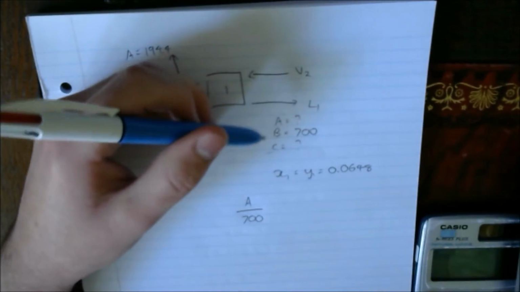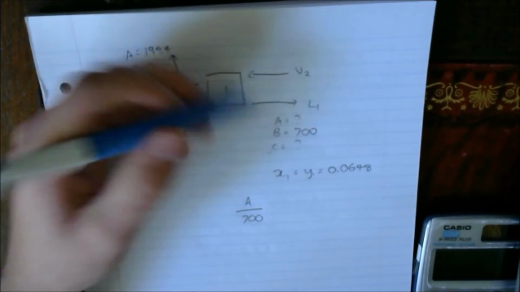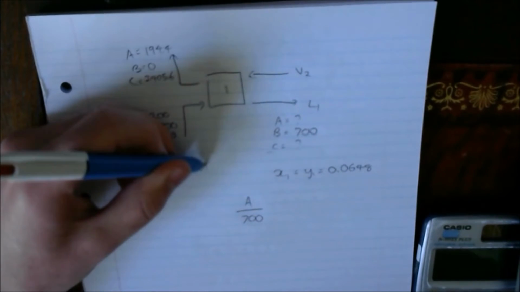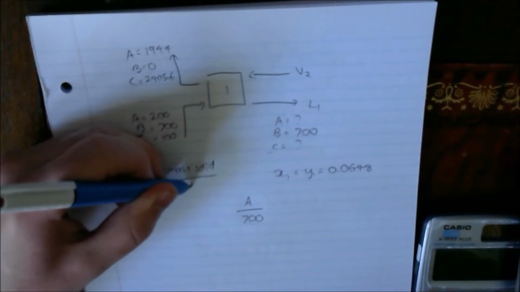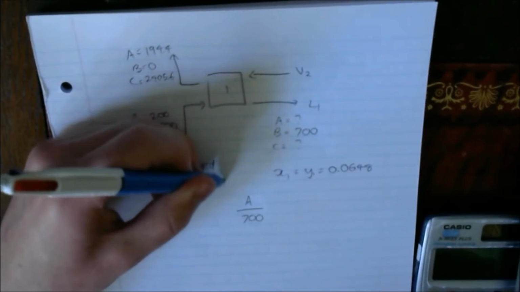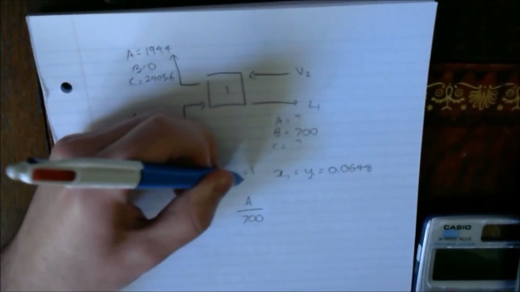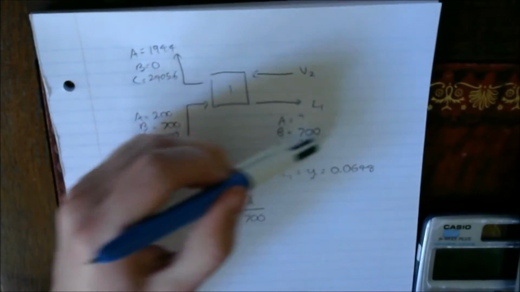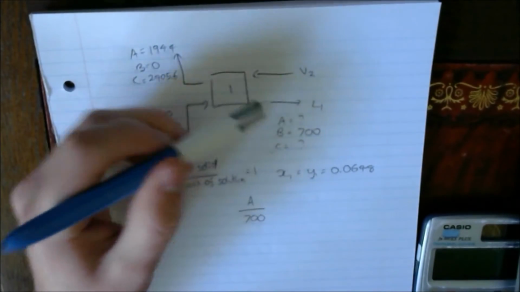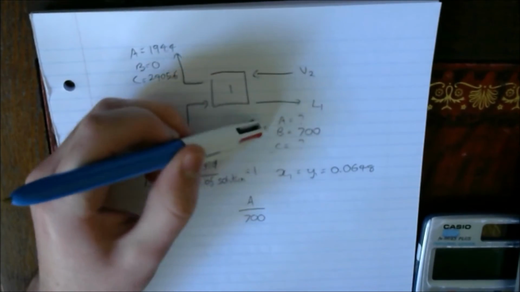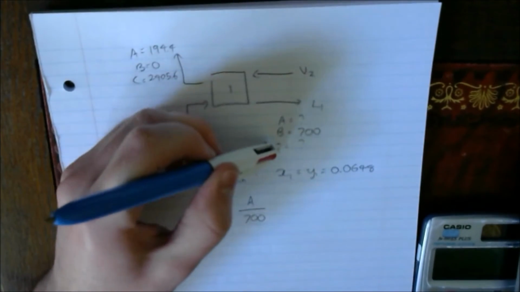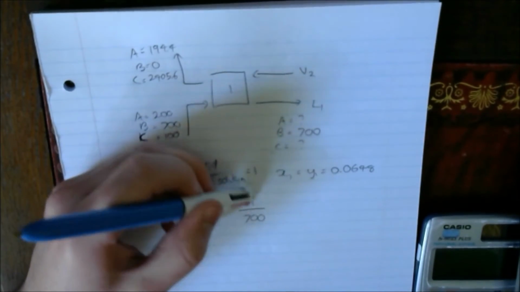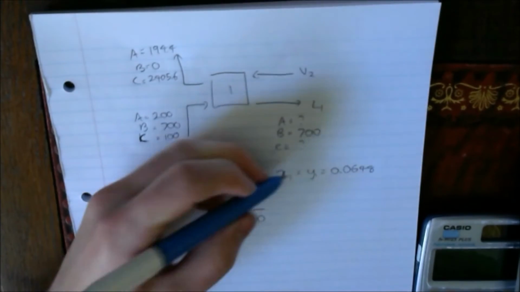We also know that from the question, N was said to be constant, so N is the mass of solid over the mass of solution. And we said that was going to be constant and equal to 1 throughout the whole process. So that means that our solid here is constant at 700, so we're always going to have 700 kilograms of solution. So A plus C is still going to be 700, so that means that the concentration of A in this stream is going to be A divided by 700, and we know that that's equal to